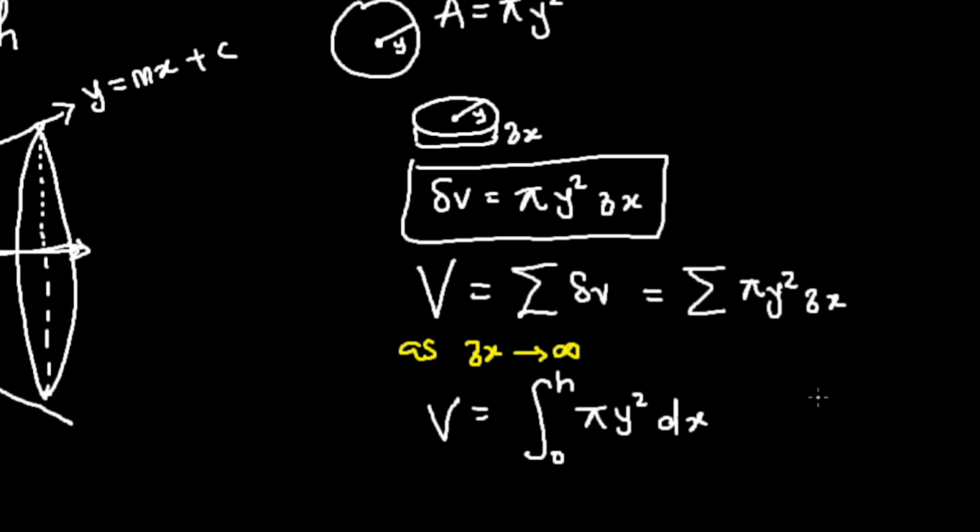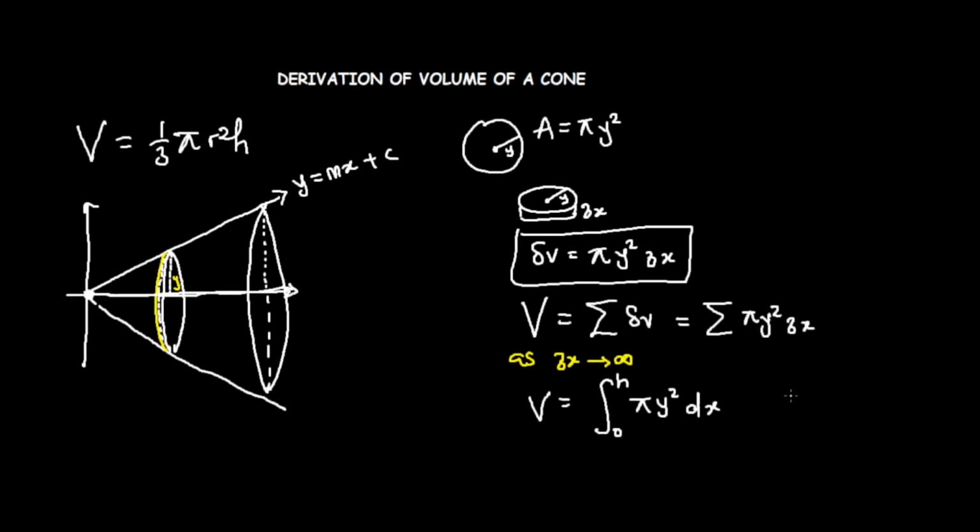Now the basic thing we want to focus on is to get what y is. Once we get the value of y, then we are on our way to derive the formula for V. So recall that y is equal to mx plus c. In this question, our c is going to be 0 because it's a zero intercept starting from the origin, so I'm left with y equals mx. Now, what exactly is my m? My m is the gradient, so m is equal to the change in y